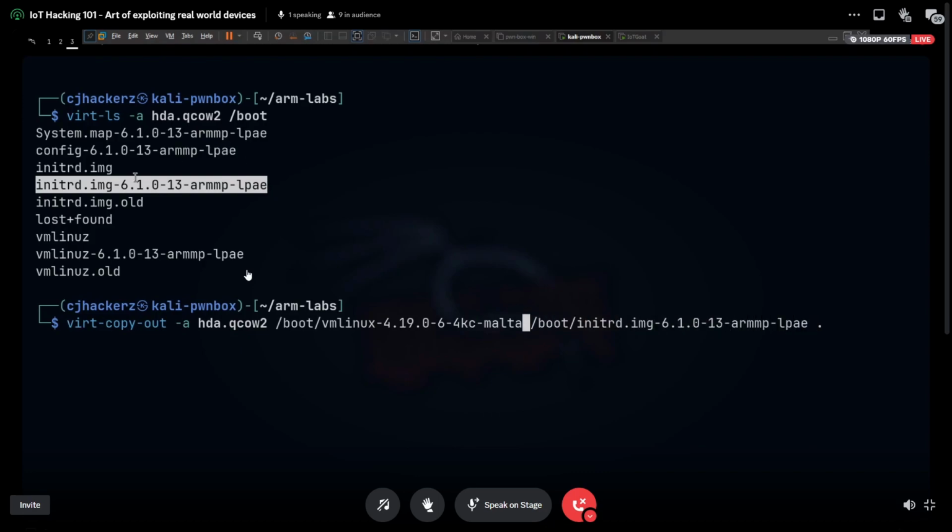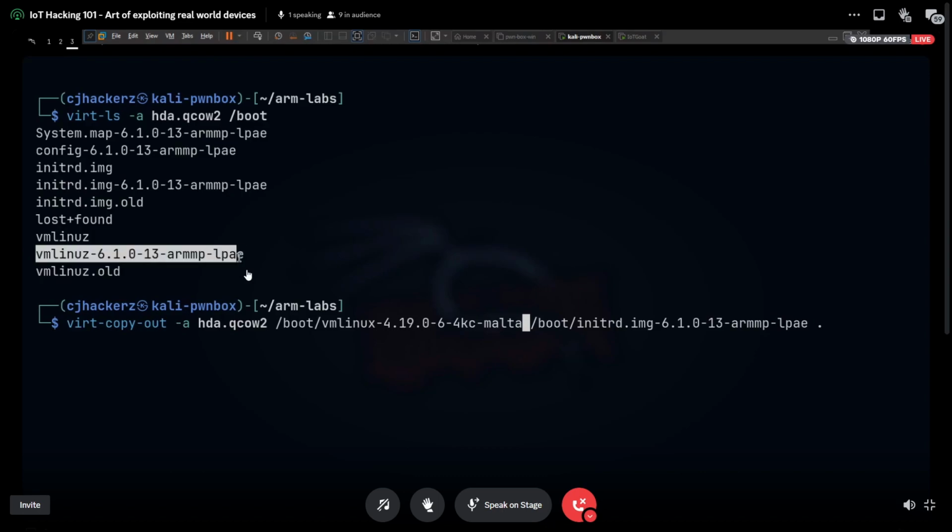And we are gonna copy the kernel, which would be this one. We are gonna copy both the kernel and the file system we loaded in the initial boot process into our local directory.